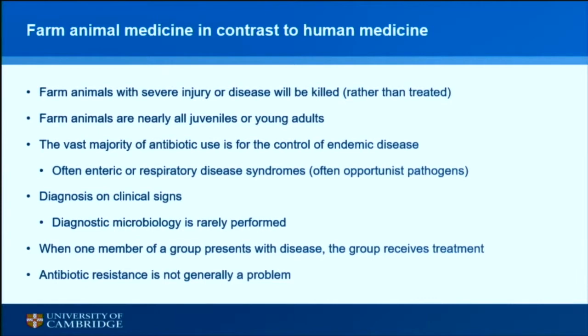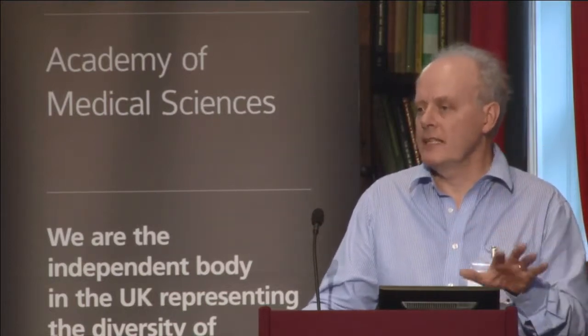The vast majority of our use of antibiotics is on diseases that are actually easily preventable. They are what we call endemic or production diseases that occur because the animals are being housed at very high stocking densities, often with problems with exposure to pathogens, so getting rid of slurry and ventilation are the issues. And we run a balance where there is an acceptable level of disease or acceptable mortality or morbidity that makes an enterprise still profitable, while at the same time maximising the profits that we get by putting as many together as possible. And while we live in a free market with relatively light regulation, that will always be the case. And it's very difficult for a country's government to justify very strict regulation of these things when there is a